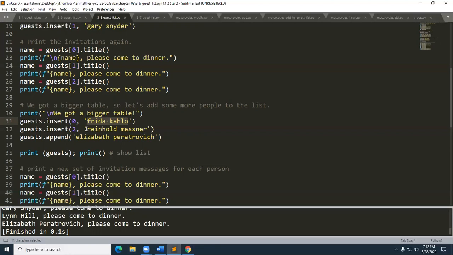I don't recognize it. Reinhold Messner. I wonder if he's an artist also, but I know Frida was an artist. And so Reinhold is going to be